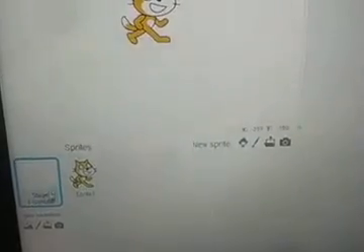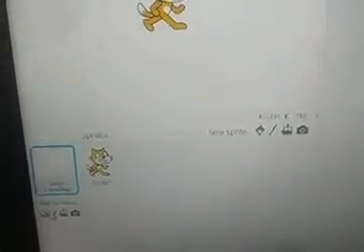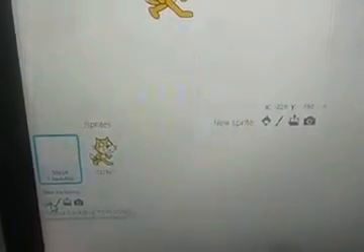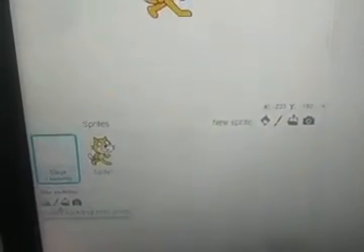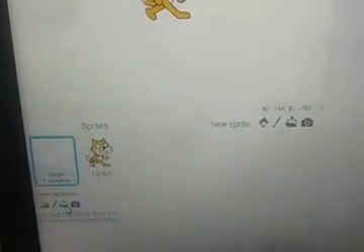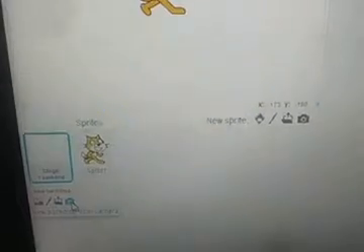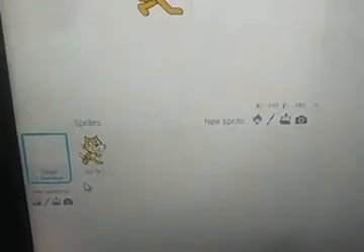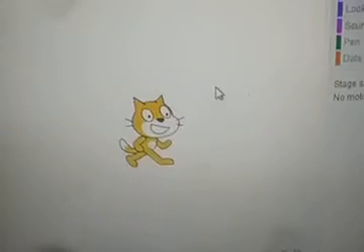As this one is a stage, by default it is first. New, this one we can create. Choose a background from the library, whatever we have created earlier, or if we have created one earlier, we can upload the background, and through the camera we can save a new background and go on with it. In the same way, we can change the sprite as per our needs.